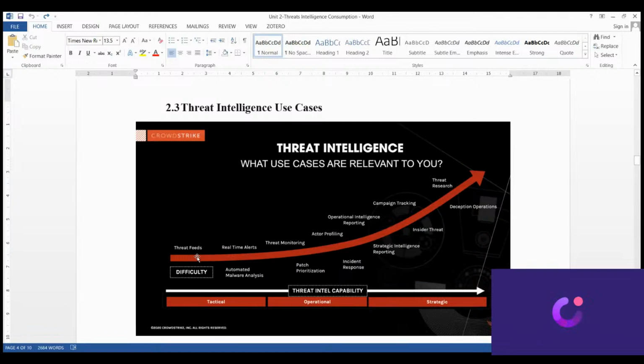We have threat feeds. This is where things are a bit difficult because you have to look at the possible causes of threats. You analyze this data and so forth. Then real-time alert. You should be able to get real-time alerts using automated hardware or automated malware analysis. That's real-time alert. From real-time alert, you have threat